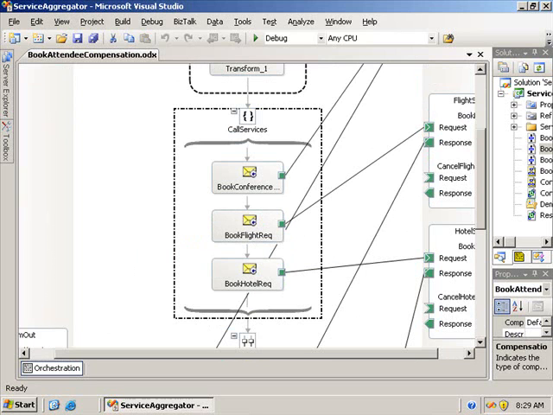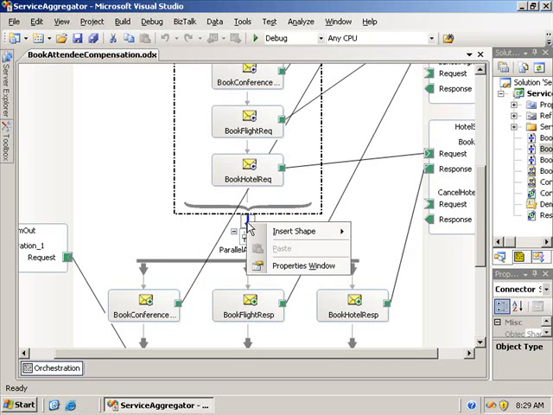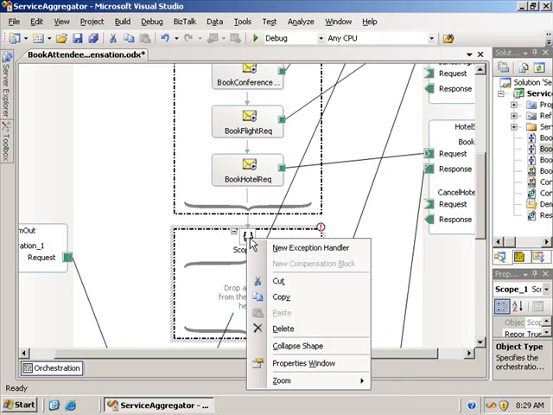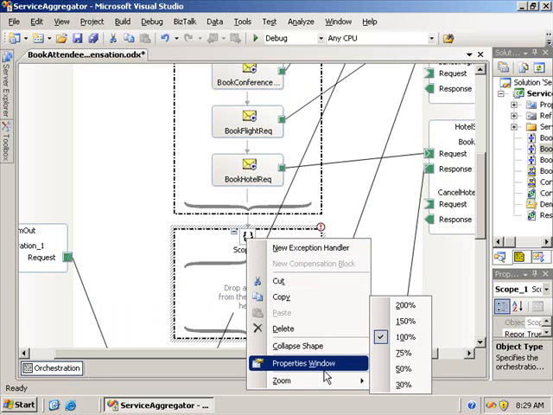So the idea here is to call these services transactionally. And I've got an atomic transaction here. I'm just going to show you a bit about some of the limitations here. If I drop on a new scope shape and just change this transaction type to atomic,